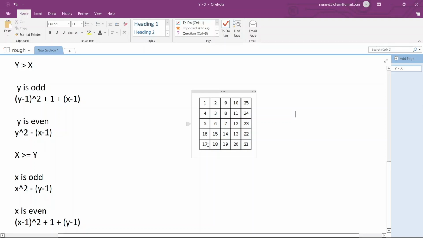So you go to the row or column depending on which is greater. Let's pick an example where the row is greater than x, where y is greater than x. If we want to find the number in the third row, second column, the answer will be 6. How we are doing it is we are first moving to the third row's first element, then increasing our element by 1, which is column number minus 1.